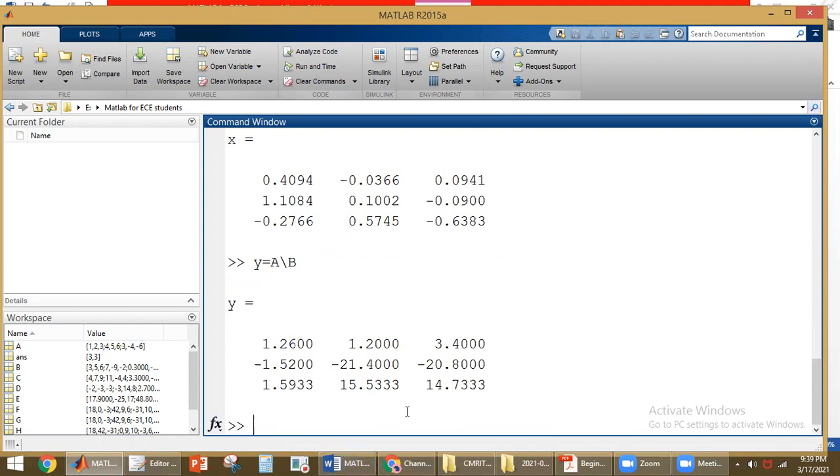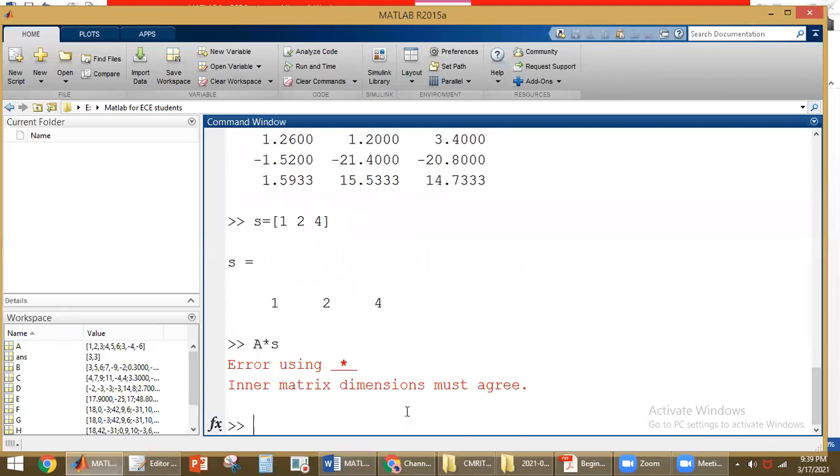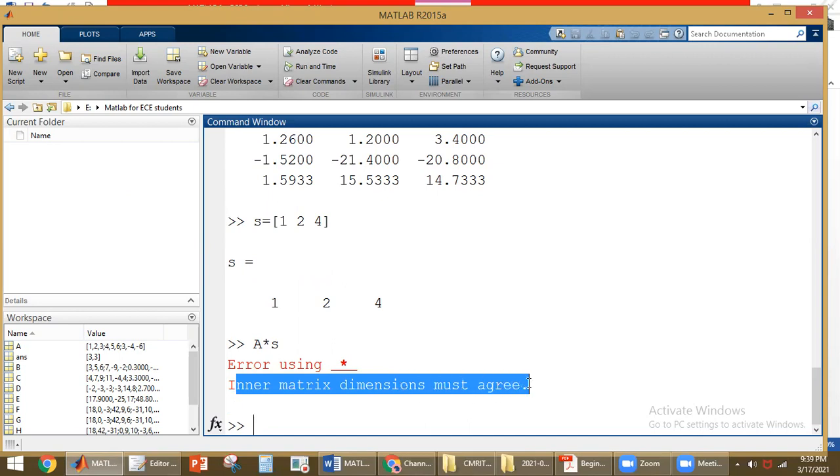Now, for example, if you define the matrix S, it is defined like this, having the values 1, 2, 3. If you perform matrix multiplication between A and S, it gives an error because inner matrix dimensions must agree to perform multiplication.